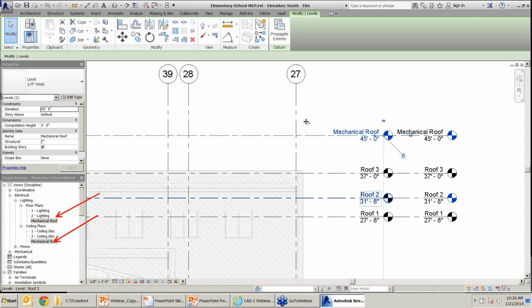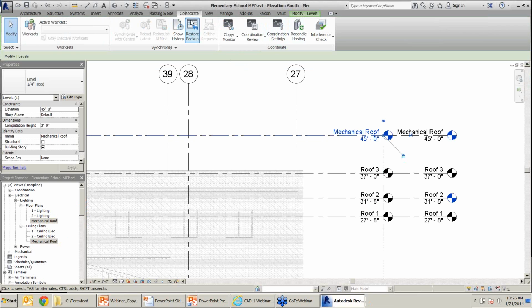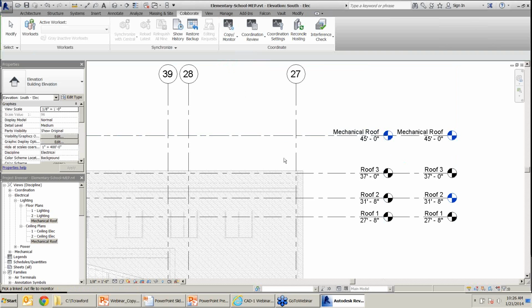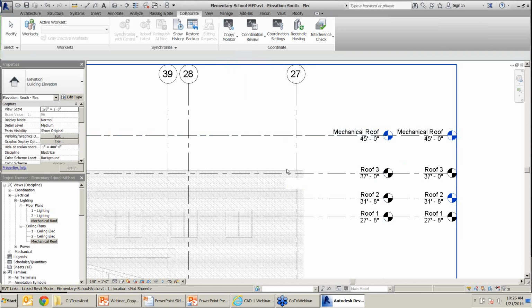Right now there's still a relationship there, it's still tied together. But I want to make a new relationship between my level roof, mechanical roof, and the architect's level mechanical roof, so that if something changes, Revit will let me know. Same process, start the command, select the link, select any part of the architect's file. Hopefully you can see that there's a blue outline if I hover over it. It also shows me the tooltip if I hover over it, then I know I'm getting it, because if I